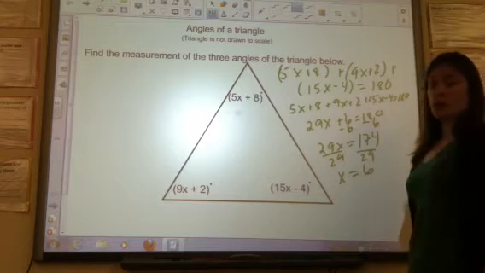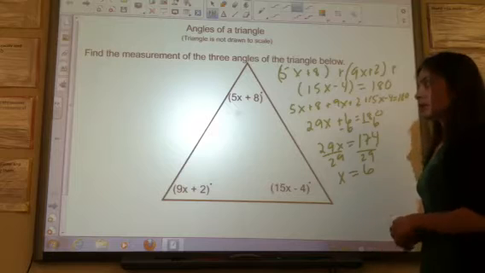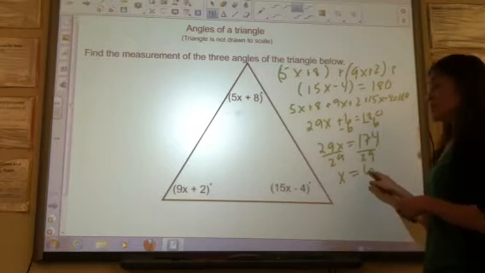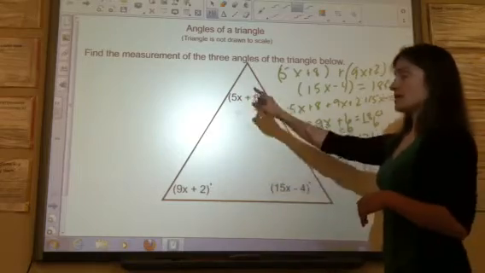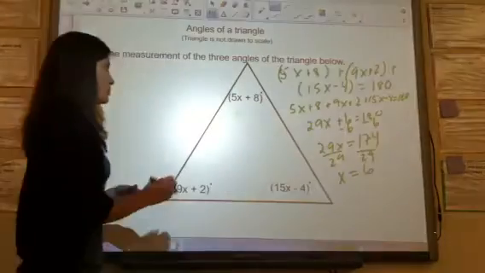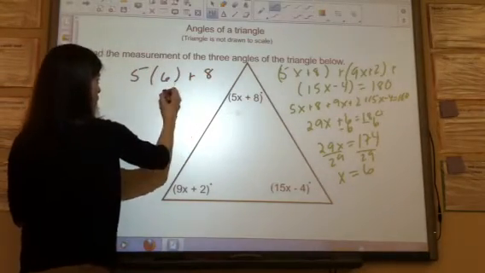When you end up solving the equation, you get a value of 6, which is a beautiful thing, but tells us nothing about the measurement of these three angles other than that the 6 is involved as x in each of these. So you're going to make sure that you substitute 6 in for all of these angles,